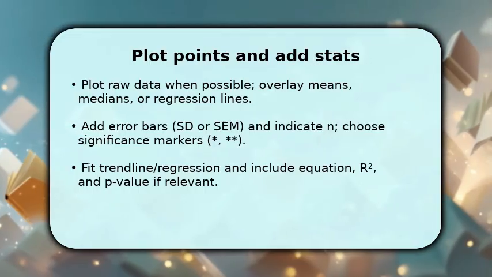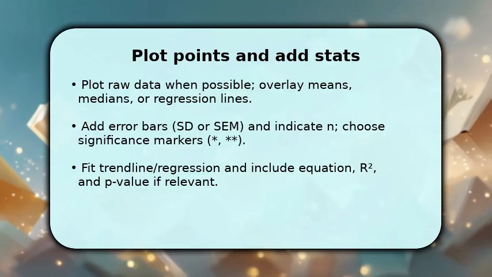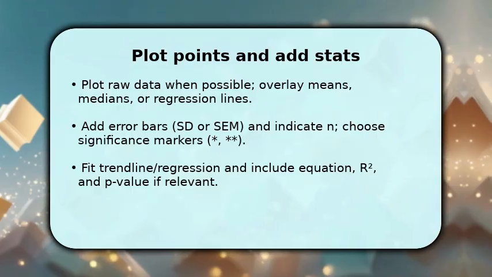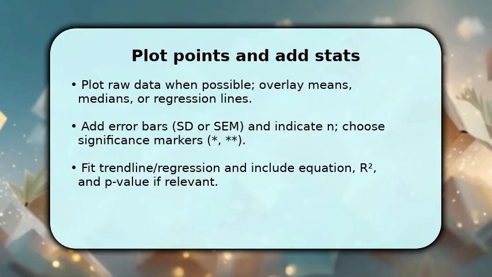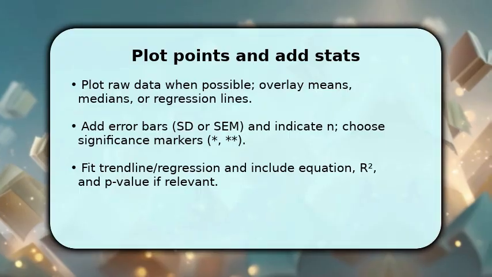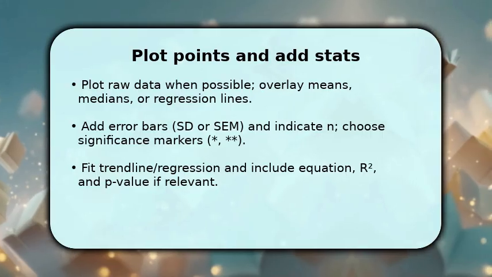Next, plot the data and prioritize raw points so the viewer sees distribution and outliers. Overlay summary markers like mean or median, and add error bars labeled as SD or SEM with N indicated. Those choices affect interpretation. Then fit the appropriate trend line or regression, and display the equation plus R2 and p-value